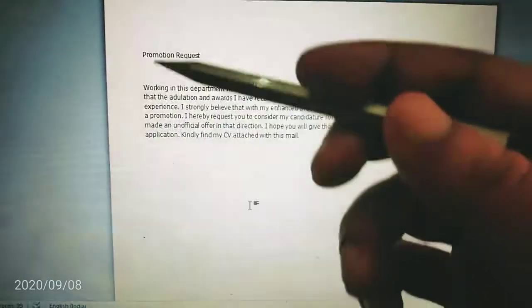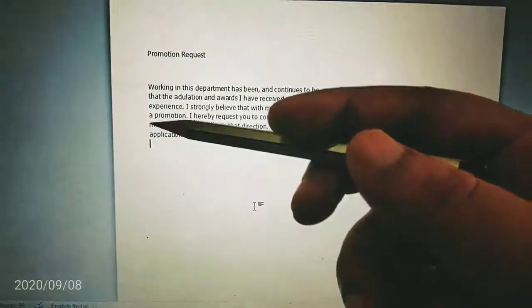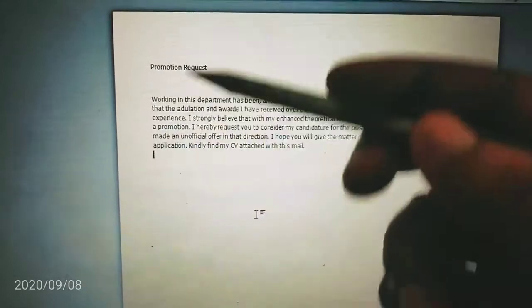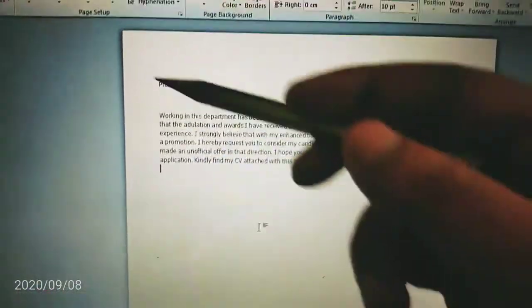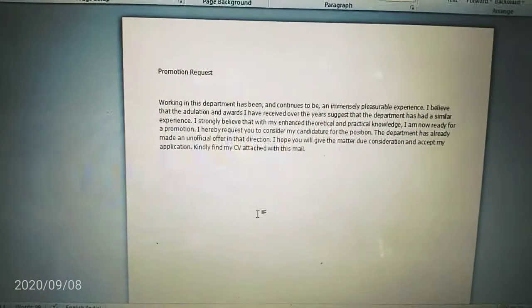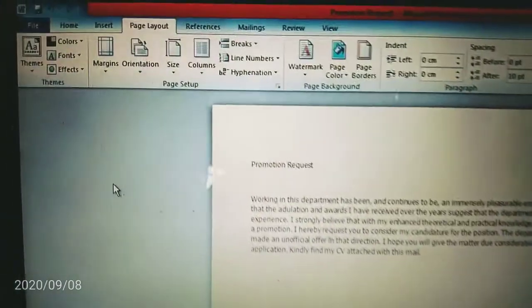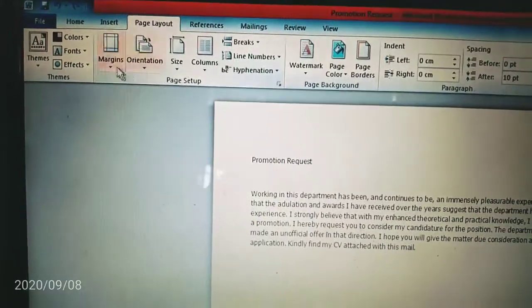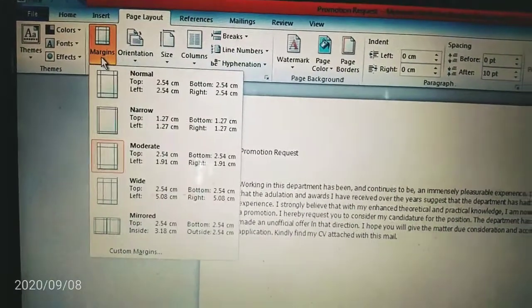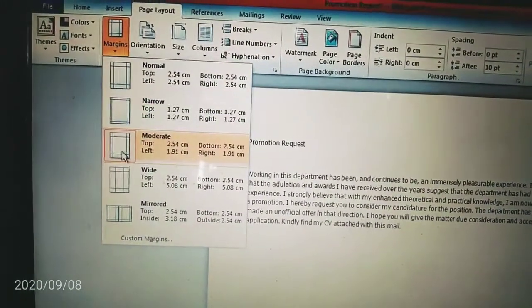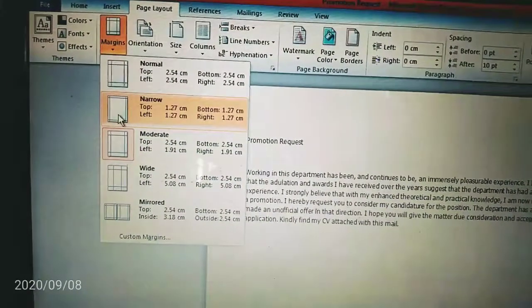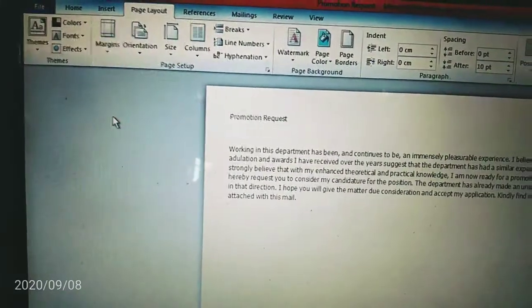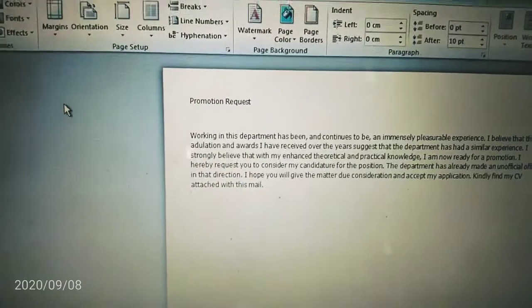Here you can see this is the margin. This amount of white space is left by default, on this side and the top side. You can change it also. How can you change it? Go to the Page Layout tab, Page Setup group, and you can see Margins here. When you click on Margins, there are different styles of margin. Suppose I click this type of margin. Then what changes will come? Now see, the white space is reduced more.